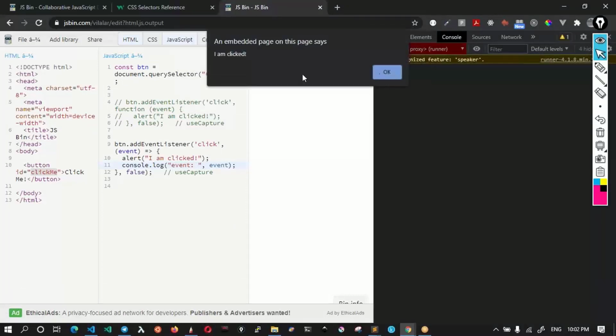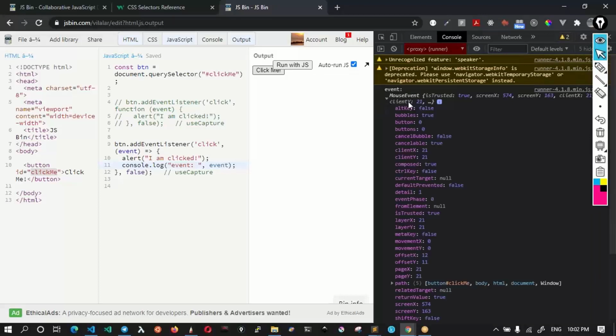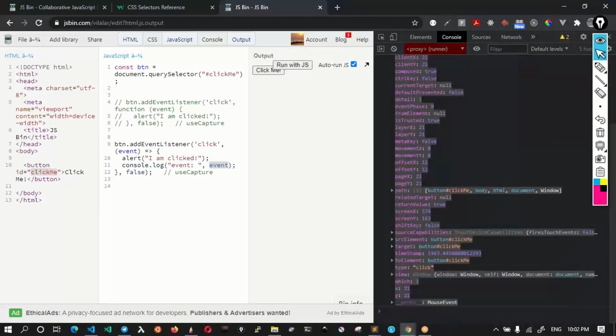Okay, now if I click here, you will see that information getting logged here. See, so this event object is nothing but a mouse event, and it has lot of information. See, lot of information. Okay, over a period of the course, we will actually dwell into detail of some of these parameters. That is very, very important.